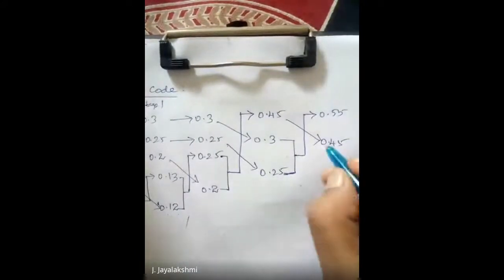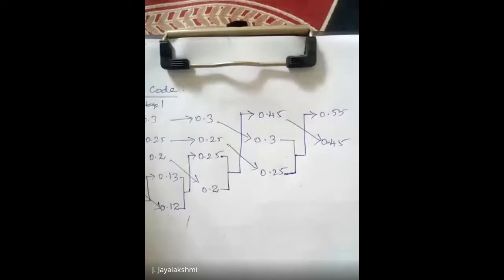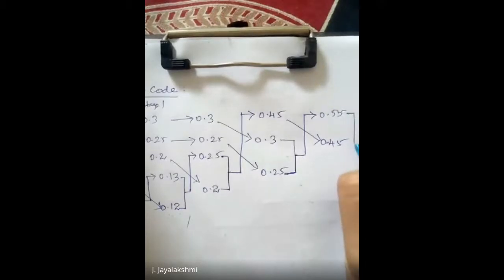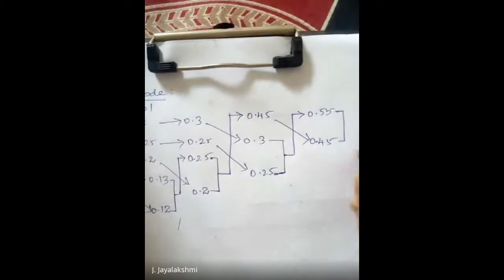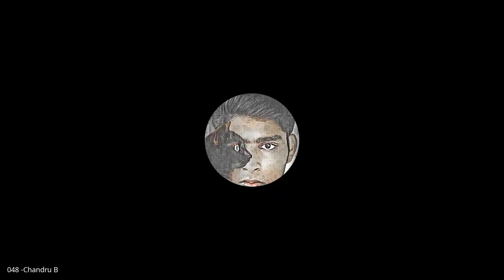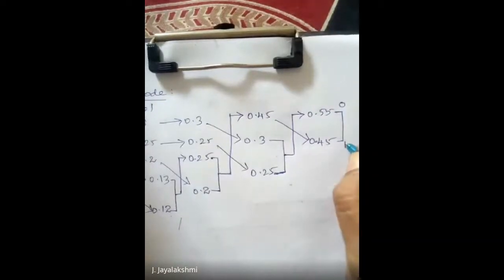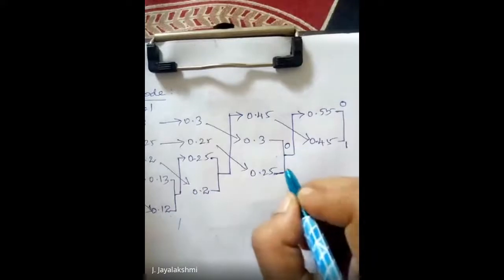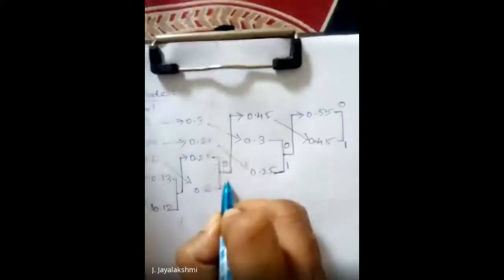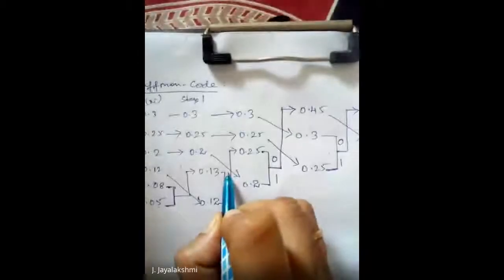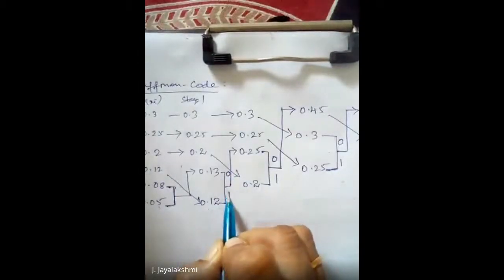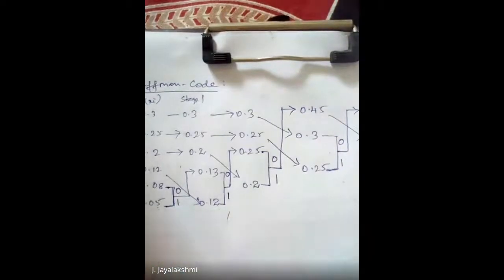Okay. So now further no need to add, because binary has to be assigned. One should be 0, another one should be 1. So no need to add, but you have to assign the value. Upper one should be assigned what? 0. Yeah. Upper one 0, lower one 1. Upper 0, lower 1.